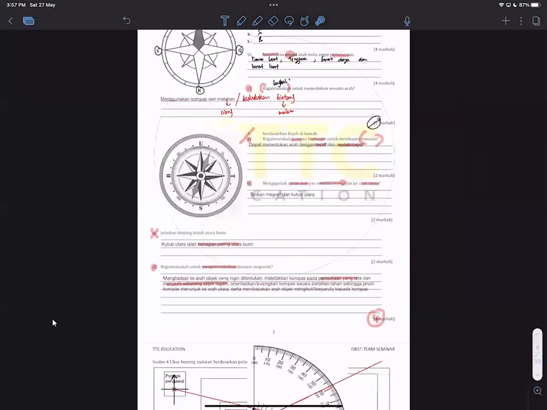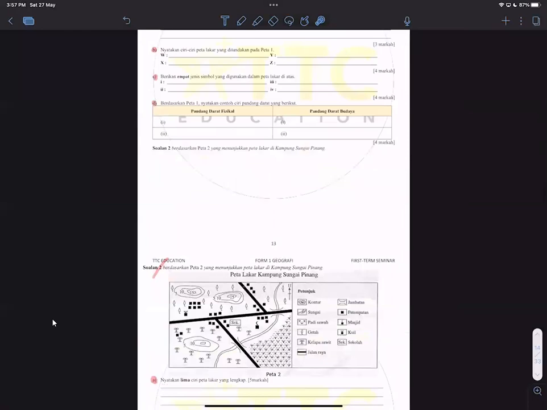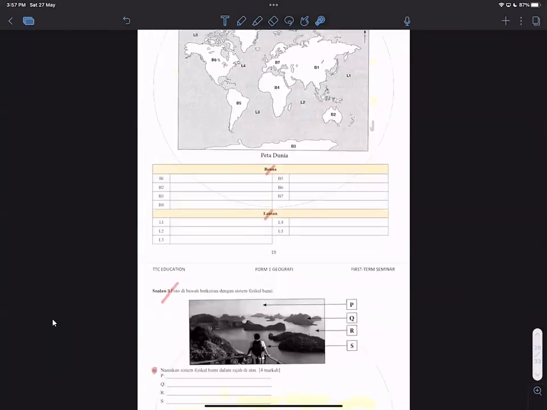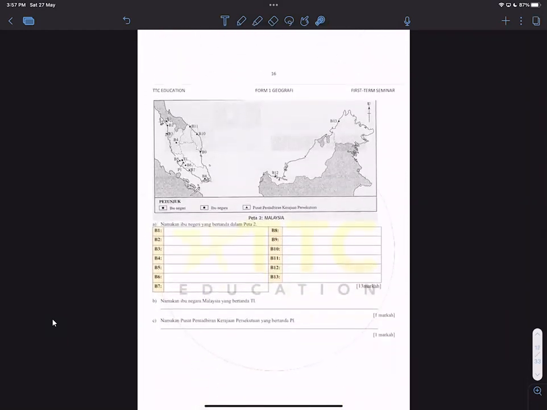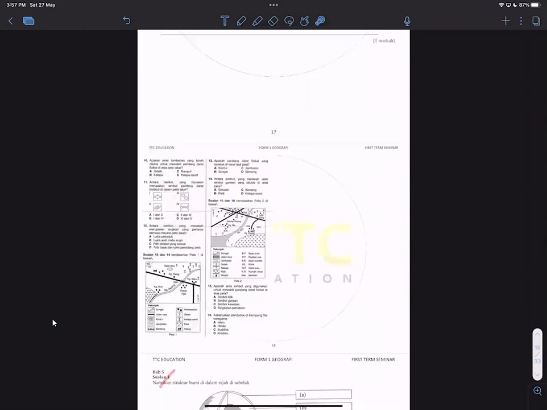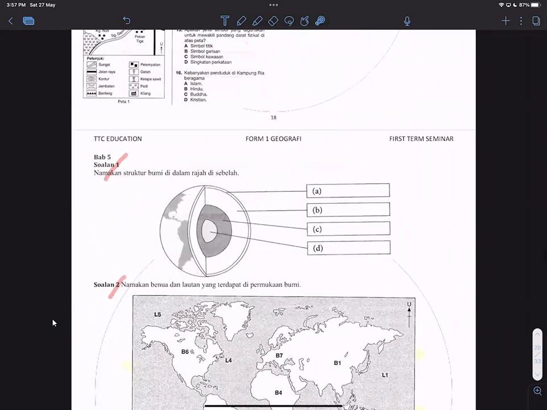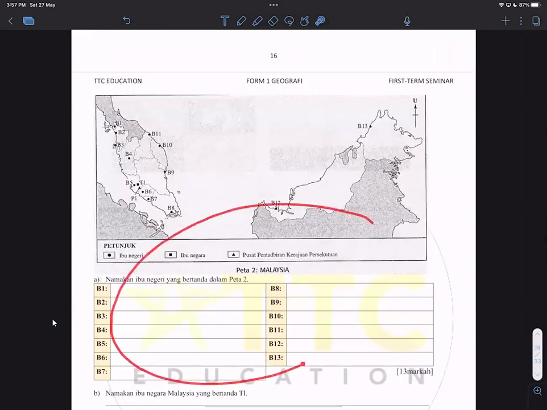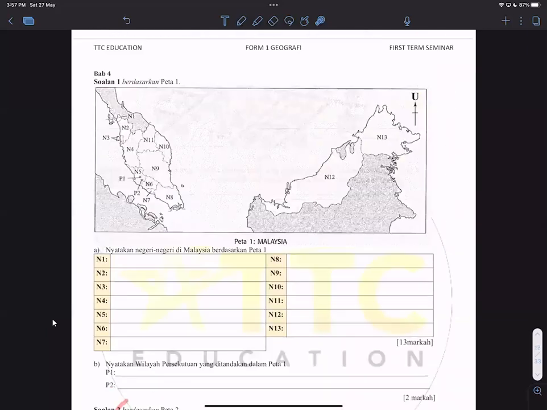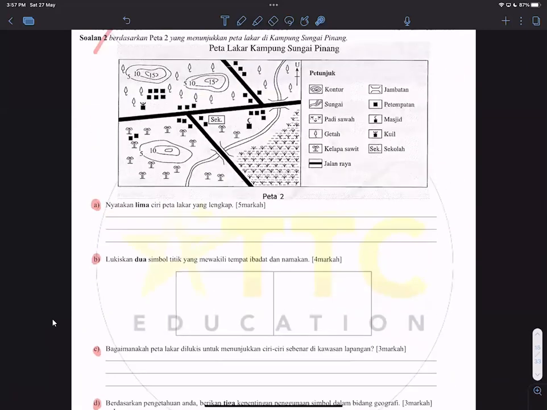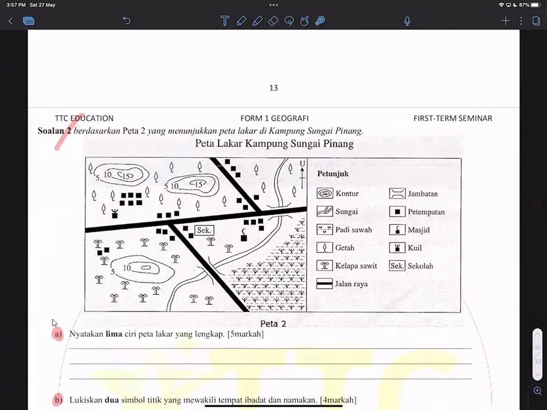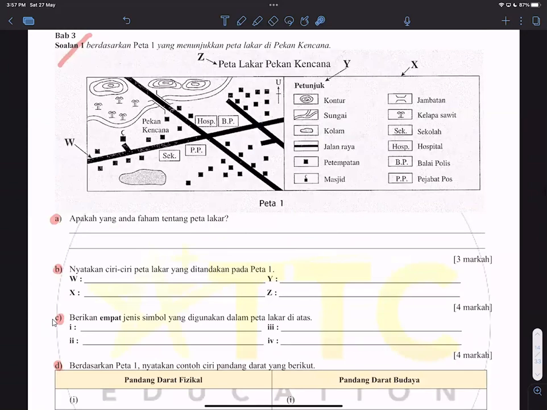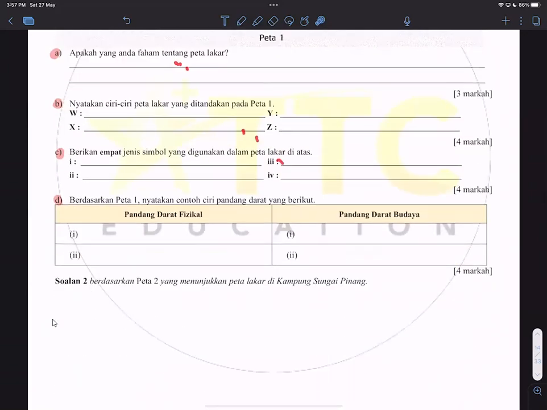That's why, guys, I have not enough time to practice all the bab 3, 4, 5. Okay, so guys, try every possible question. Yeah, limited time. So guys, bab 4, I'm not going to do together. So please try to memorize all the Ibu Negeri for bab 4. Bab 3, where is bab 3? So bab 3, 5 ciri. Yeah, so let's say bab 3. So all these answers, guys,